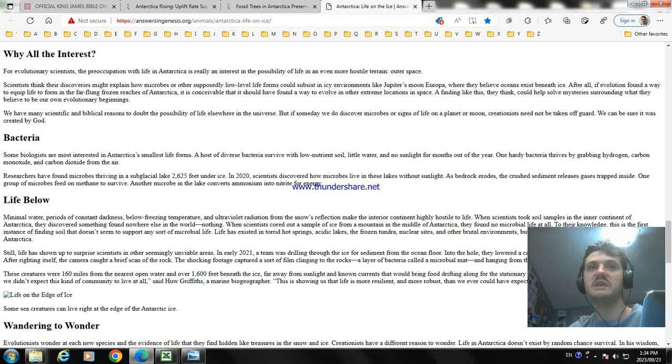Now, bacteria. Biologists are discovering Antarctica's smaller life forms, and diverse bacteria survive in low-nutrient soil, with little water and no sunlight for months of the year. One hardy bacterium thrives by grabbing hydrogen, carbon monoxide, and carbon dioxide from the air. Researchers have also found microbes thriving in a subglacial lake